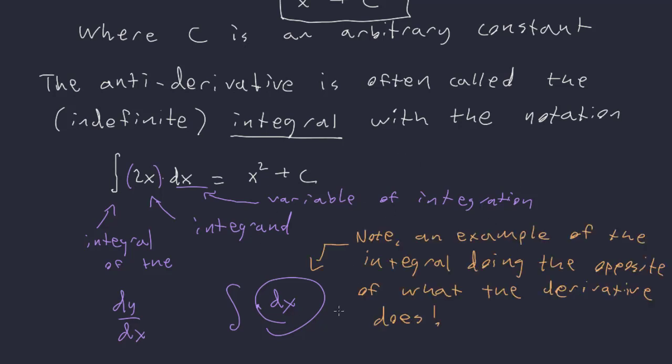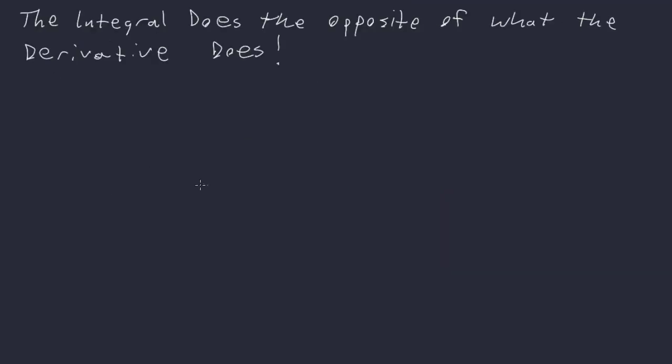And that's going to be the pattern this entire time. The integral does the opposite of what the derivative does, and in the opposite order. So I can't emphasize this enough. The integral does the opposite of what the derivative does, and in the opposite order. So we have the power rule for the derivative. If we have x to a power,